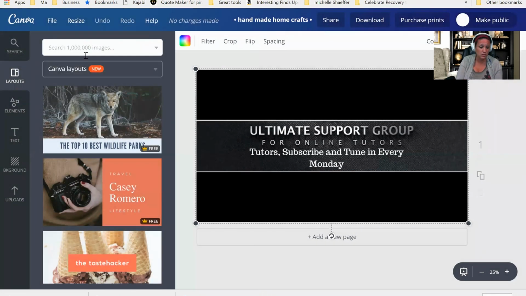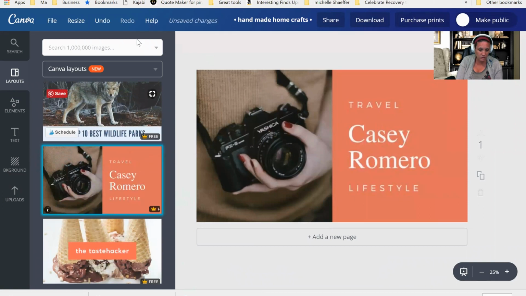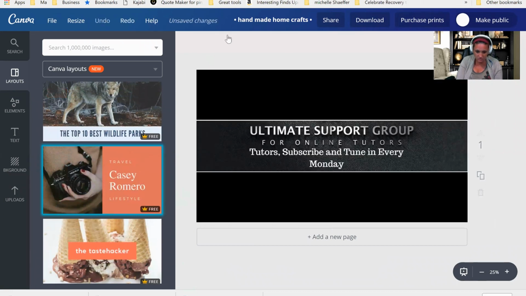Now, what's really cool is if you come into Canva, you can choose different layouts that you'd like to utilize. Now, I am going to undo that because when I did that, I changed my image here. But you can choose a layout. If there's a certain layout that you really like, you can just take that and put your information into there. I like to put my call to action again for people on this image